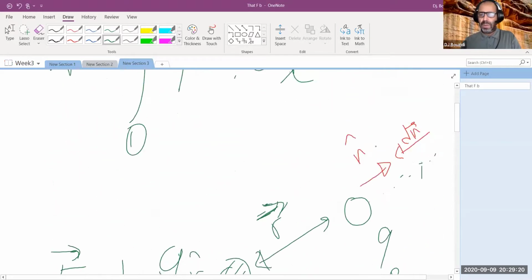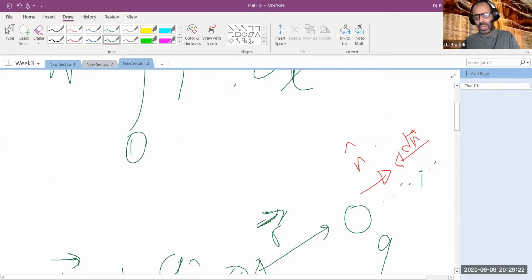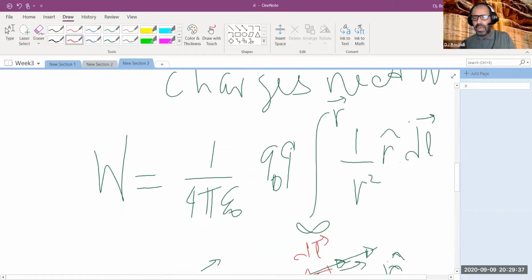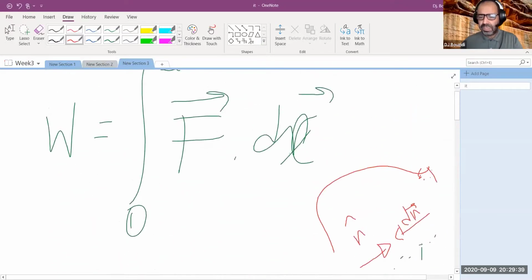Because this integral, as a matter of fact, if somebody says, okay, how about if we don't come through a straight line? What happens? Well, in this case, you're going to come through a different path. It doesn't matter. So you come through this path. At some point, you're going to travel radially, in which case the dot product resolves to this number, negative dr. And at some point, you're moving in an azimuthal direction, in the d phi